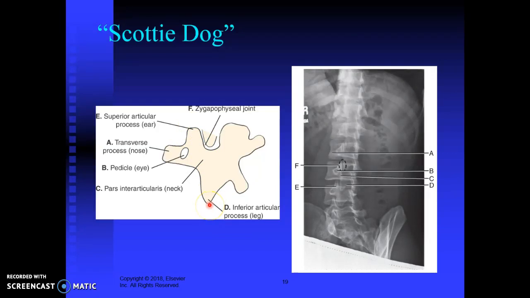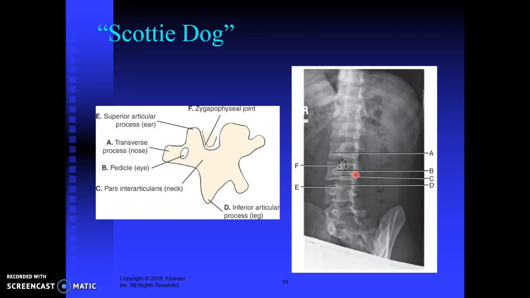The leg is the inferior articular process. The eye is the pedicle. The nose is the transverse process. The neck is the pars interarticularis. And we also can see the zygapophyseal joint. So looking at this here where it's circled, that is the zygapophyseal joint. We have the ear, the superior articular process, the eye, the pedicle, the nose, the transverse process, the neck, the pars interarticularis. This front leg is the inferior articular process, as well as the lamina is actually the body